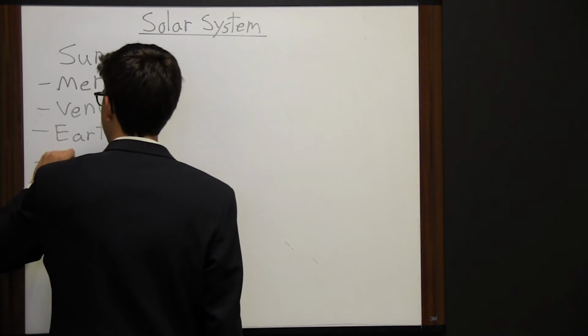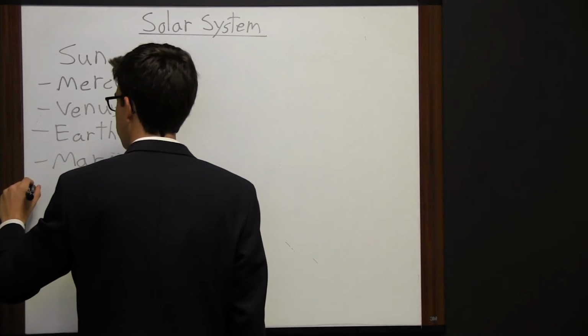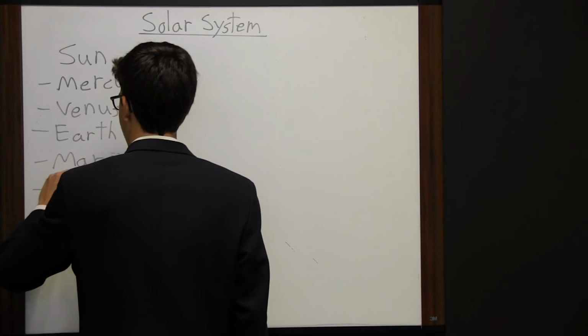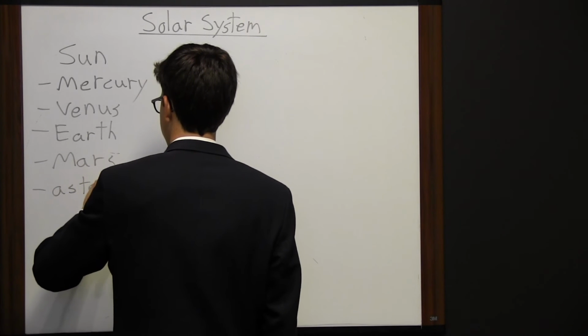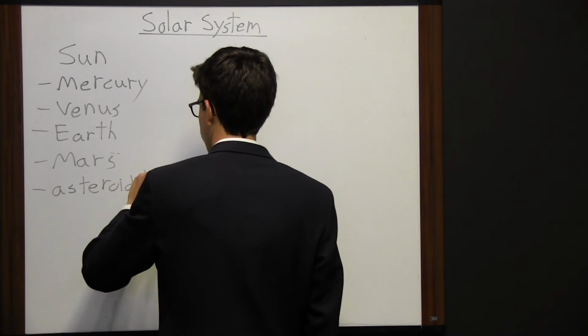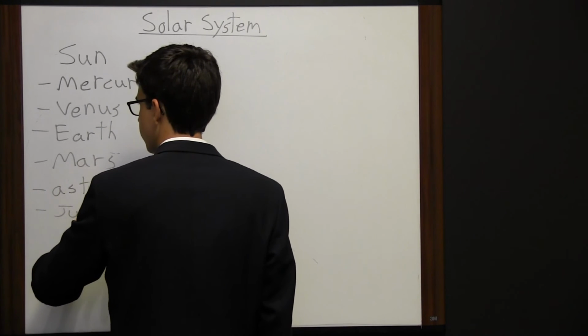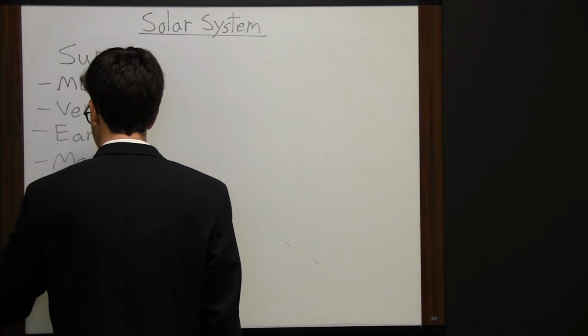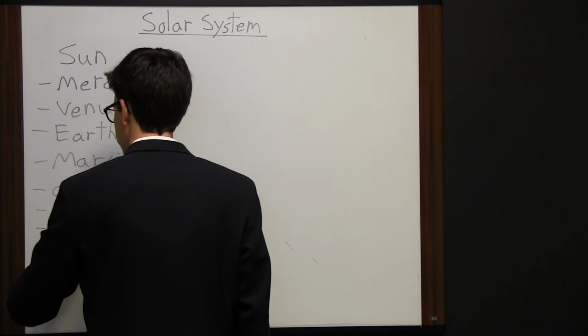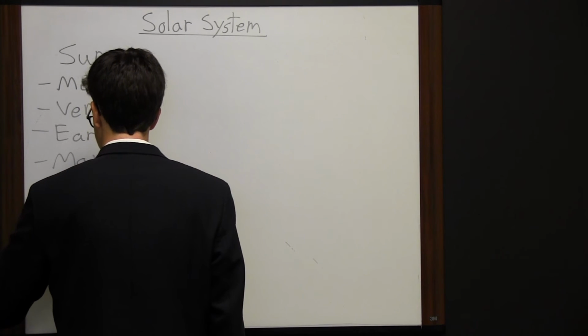Then we have Mars. And then in between Mars and the next planet, we have an asteroid belt. Then after that asteroid belt is Jupiter, then Saturn, Uranus,